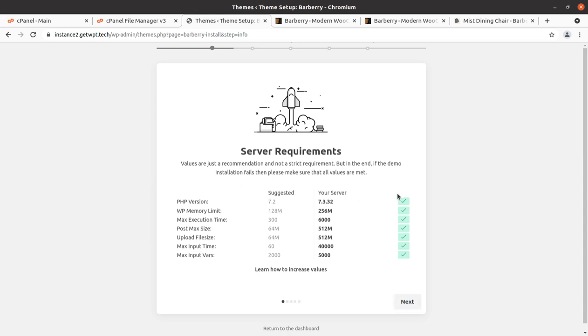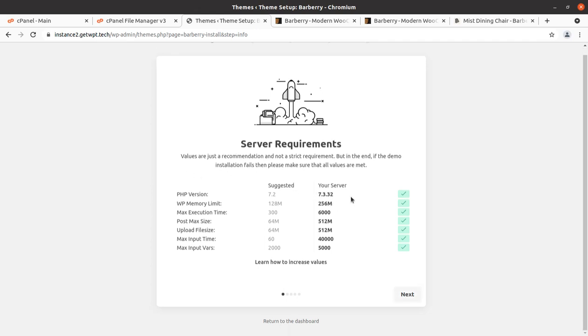But it should all be green here, and without green I don't advise to proceed ahead for a demo or something like that. So this is the server requirement, you can say. And if you are ordering the Barberry WordPress theme by following the link given in the description of this video, you shall be getting the same capacity server. As you can see on the screen, all is green already, and you can install your WordPress at your end.